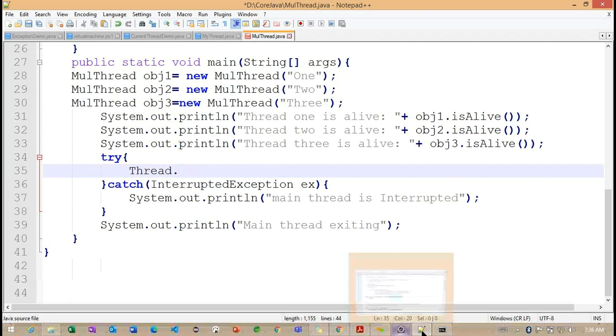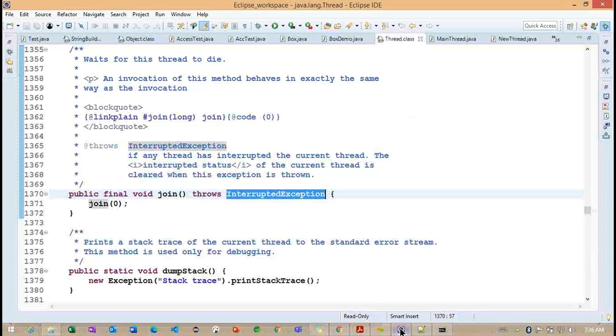try catch. But one more piece of information we need to see. Join method is not a static method. It is a final method. So can you please let me know, whenever we are making a method final, what are the restrictions we are going to have? Getting the point? How exactly is the join method going to perform here? Any idea? Because we identified this final behavior in the previous example.